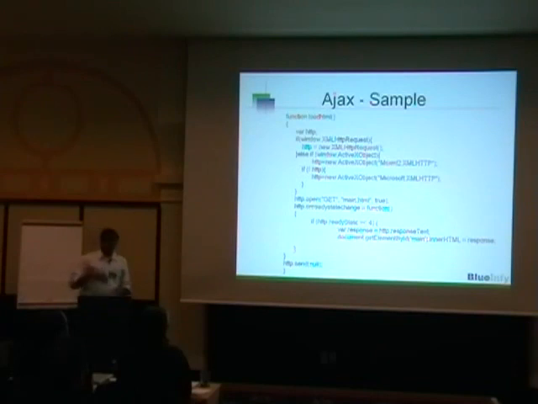So this is the way: if you are doing something in your browser window on the left hand side, you can work on the right hand side, and as soon as the thing is done, you will see the result on the left hand side. So essentially you are seeing Ajax as a multi-threaded application running in your browser, and you don't have to worry about a refresh, reload and repaint of the DOM. That is where the whole power of Ajax is coming from. And then you actually make an http.send null. If you are making a GET request, send would be null. If you are making a POST request, then your buffer will go into send.